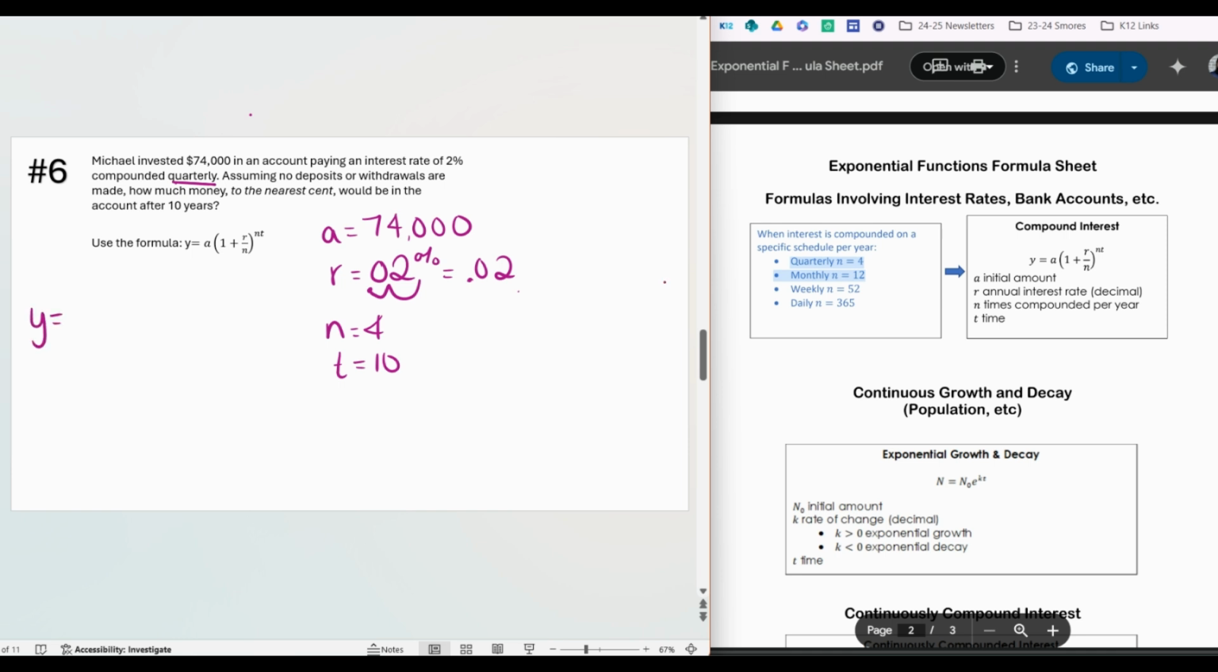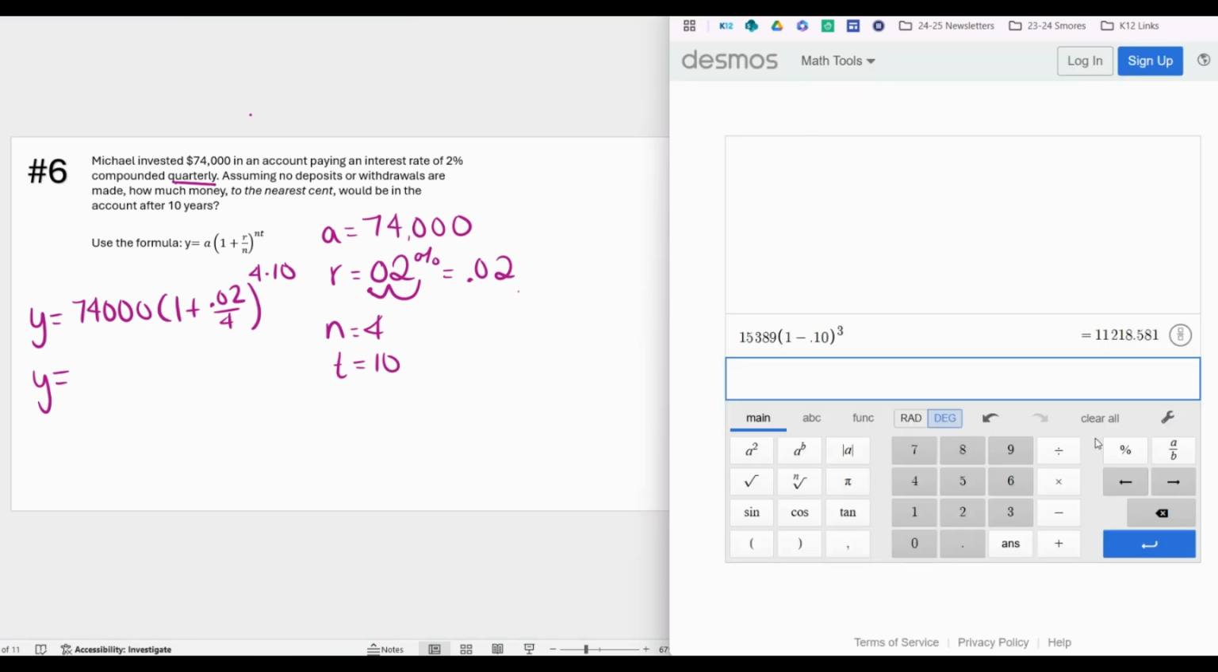So we have Y equals 74,000 times 1 plus 0.02 over 4. And that's being raised to the 4 times 10 power. Okay, so actually we can go ahead and type this into our calculator just as I've written it. So I'm going to go to the Desmos calculator. And once I clear this, I have